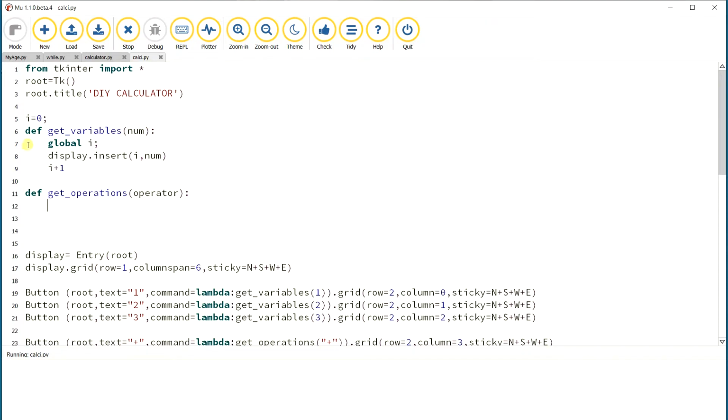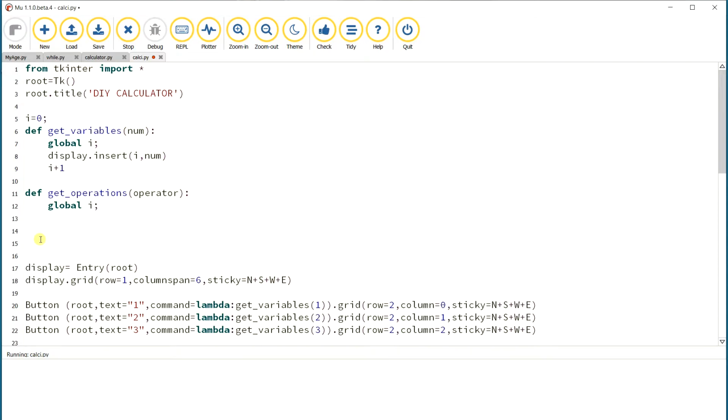Don't change the indentation, because if you start here, an error will be shown. Next, here also we are calling the global i. And what we have to do is insert the value of the operator in the display line. And one more thing we are going to do is store the value of this i in the variable length.